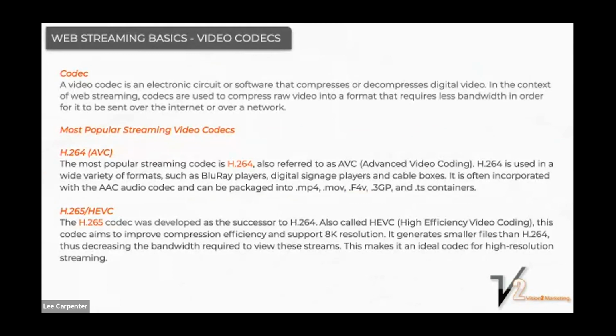Delivery. I'm not going to go through this super in depth because I've already talked about a lot, but I'm giving you some definitions and some understanding. A codec, as I mentioned, is a piece of software that compresses and decompresses raw video that allows you to send it over the internet. There are numerous different types of codecs. The most popular ones that we will talk about and that I'll show you are H.264 and H.265. Really, the main difference between these two is H.264 taps out at 1080. H.265 can go into 4K, and it does a little bit better on the compression of video and